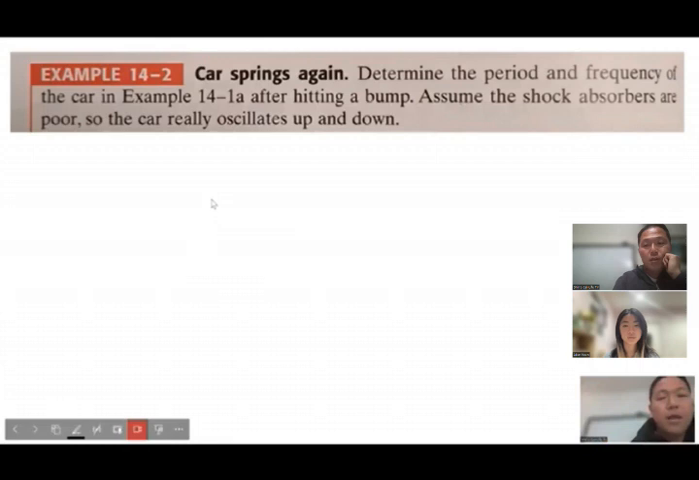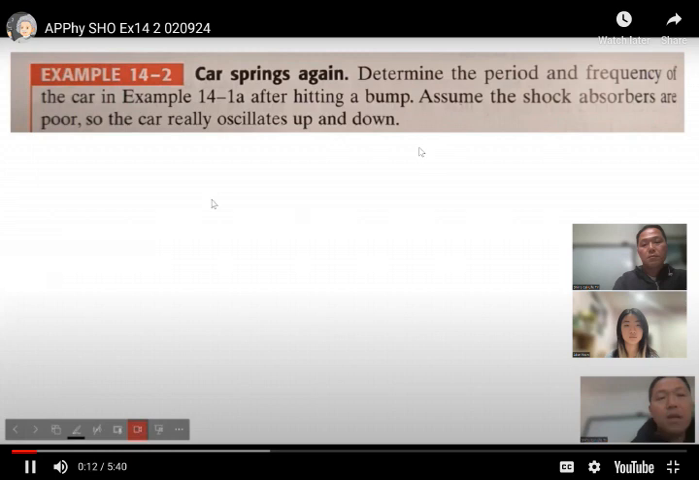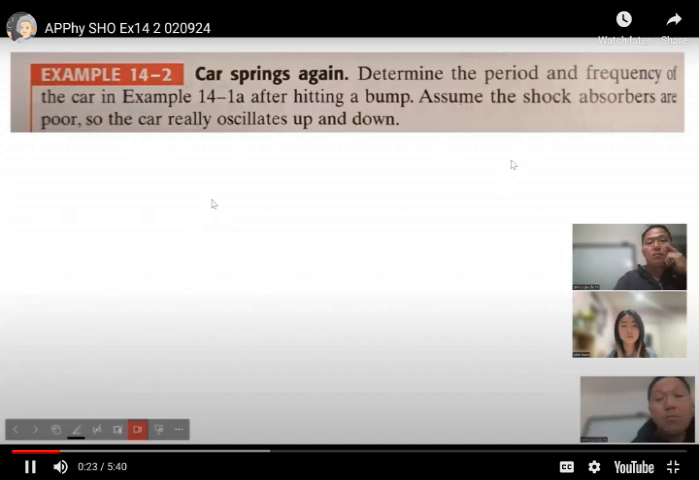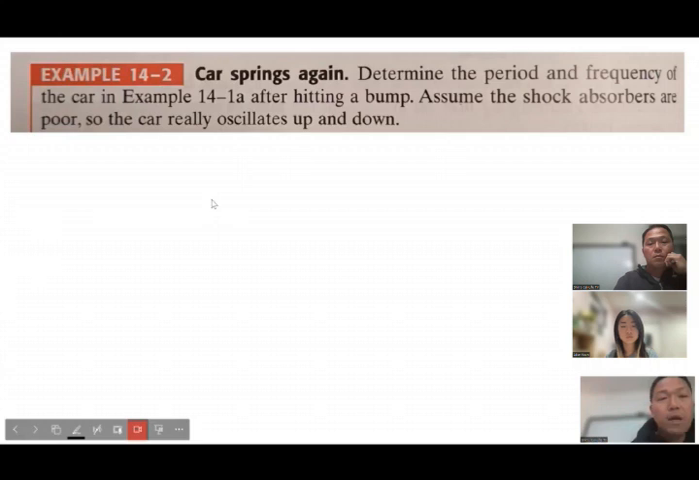Car springs. Yeah. Okay. Determine the period of net frequency of the car. Example 14-1A after hitting the bump. Assume the shock absorbers are poor, so the car will oscillate up and down. So in order to solve this problem, we have to take a look back at Example 14-1. Let me just read that problem for you. Car springs. When a family of 4 with a total mass of 200 kilograms step into their